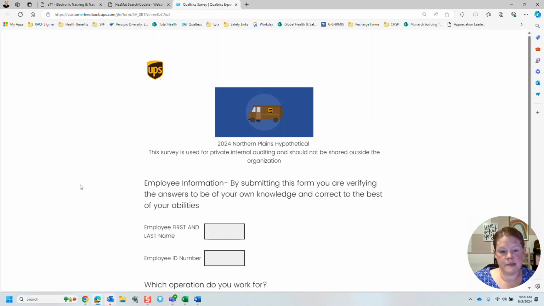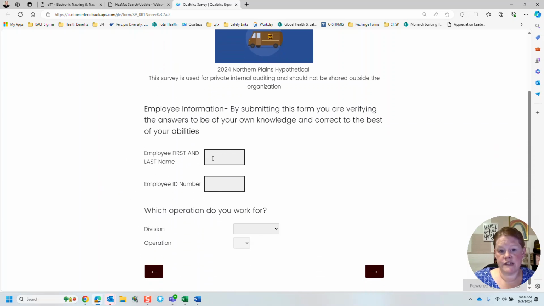And last but not least, we're going to fill in our first and last name. We're going to put in our employee number correctly. I'm still getting probably 20 to 25 people per week that are not inputting their employee ID correctly. So please, before you hit submit, make sure that's correct. Drill down your division and your operation. You're going to hit this next button, and it's going to tell you that